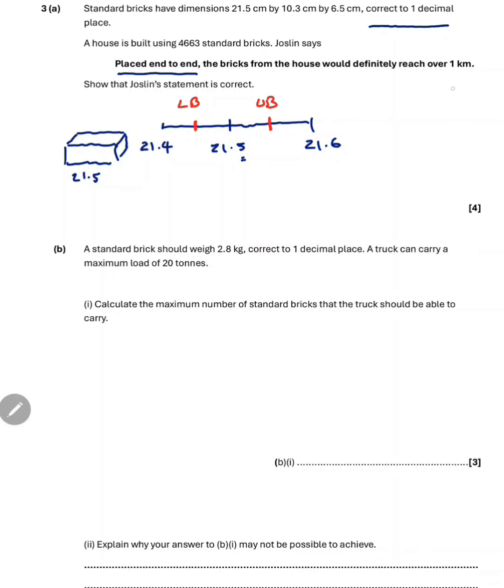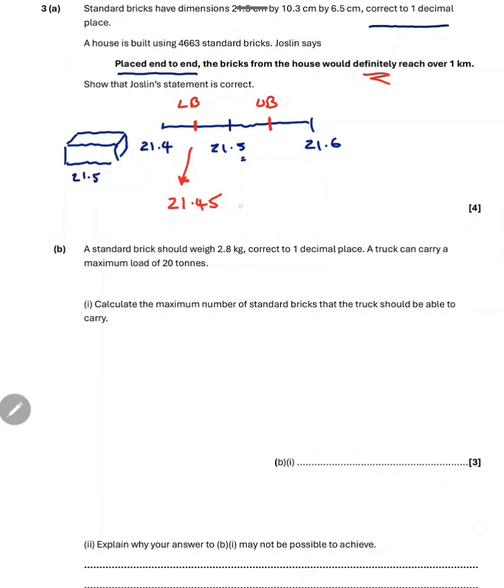Now what we're saying is these bricks are going end to end, and they will definitely reach over 1 kilometre. So what I'm going to do is use the lower bound and see if that works, because if it works for the lower bound, the smallest answer, it will definitely work for the upper bound, a bigger number. So I'm only interested in this